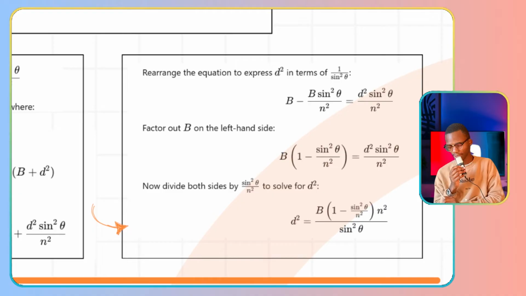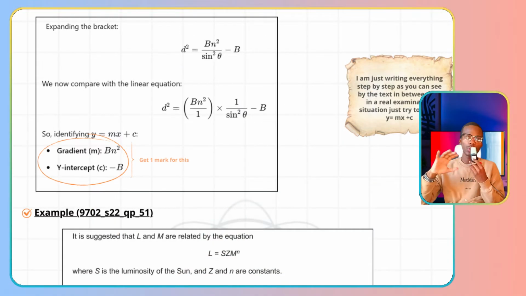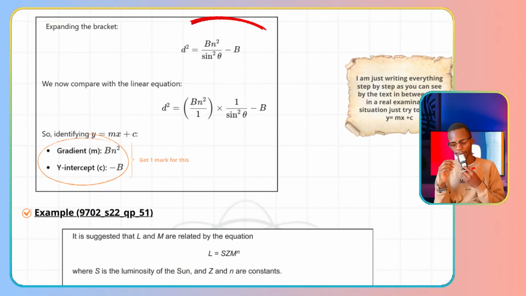Sine squared theta flips and becomes 1 over sine squared theta. That cancels out, so I'm only left with b. So the overall equation therefore becomes d squared is equivalent to bn squared over sine squared theta minus b. So you can now see I can compare it with the linear equation form, y is equal to mx plus